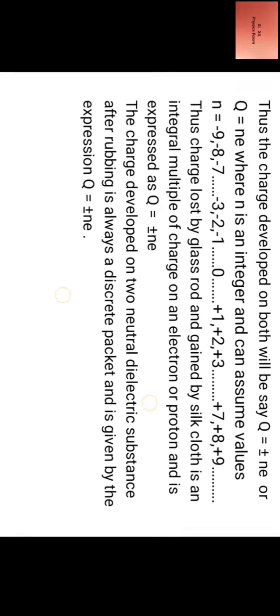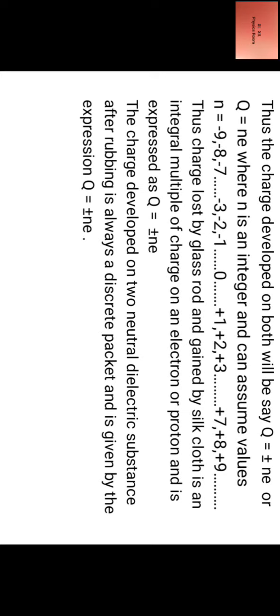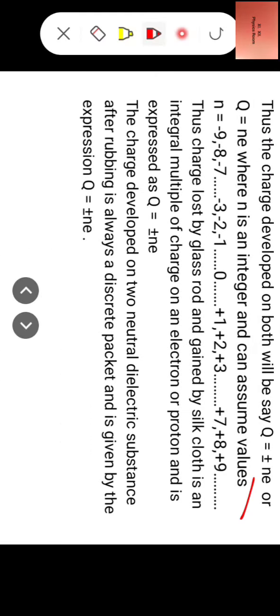Thus the charge developed on both will be Q equal to plus minus Ne, where n is an integer and can assume values n equal to -9, -8, -7, so on, -1, 0, +1, +2, up to +9, so on. Thus, charge lost by glass rod and gained by silk cloth is an integral multiple of charge